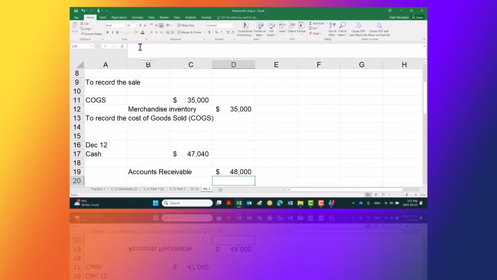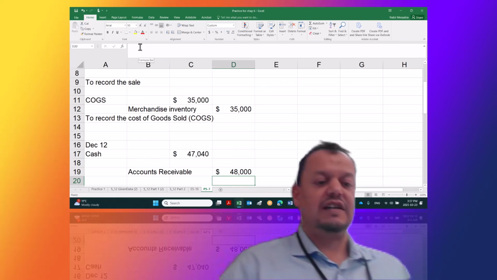Debit, this is what collected, $47,000. Credit, this payment will clear the full amount of the receivable. What is that difference? The cash is here. So among the $48,000, we only get $47,000 of cash. Yeah, 960, right, for the discount. Which account? Sales discount. Exactly. Thank you. Sales discount, which is a debit,